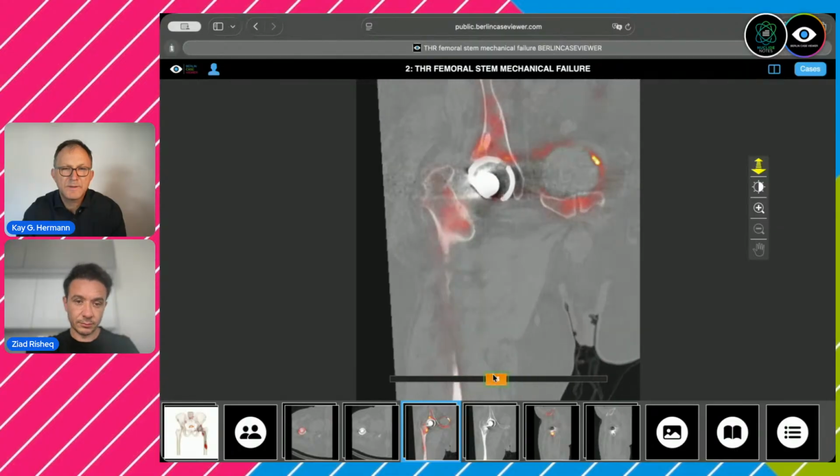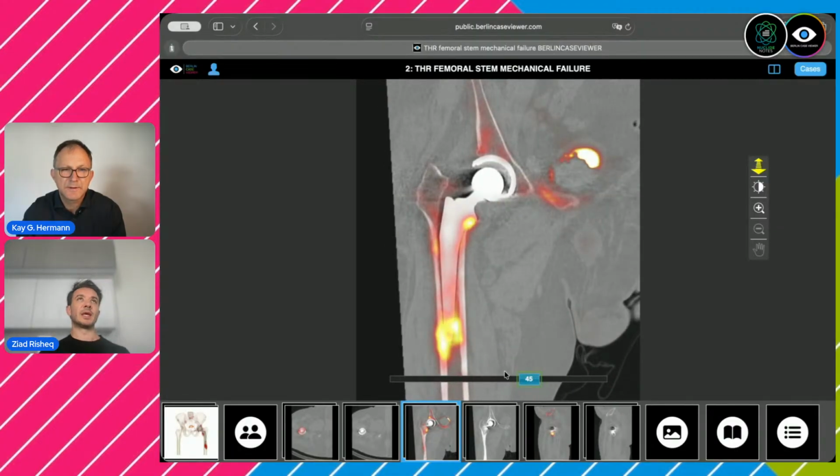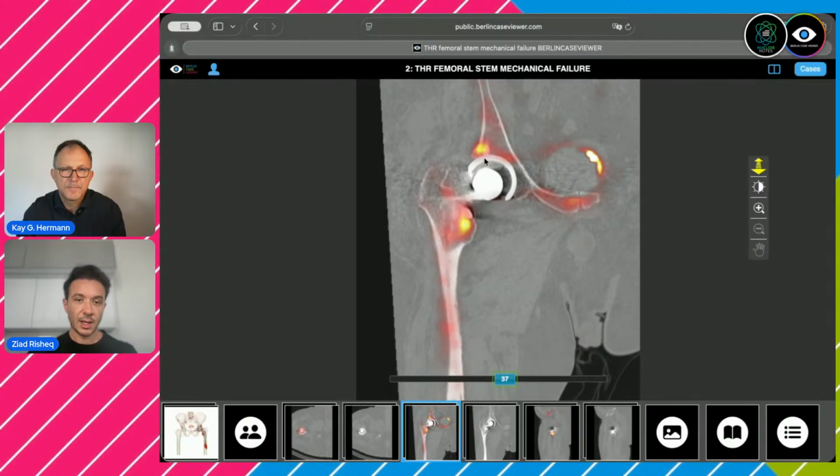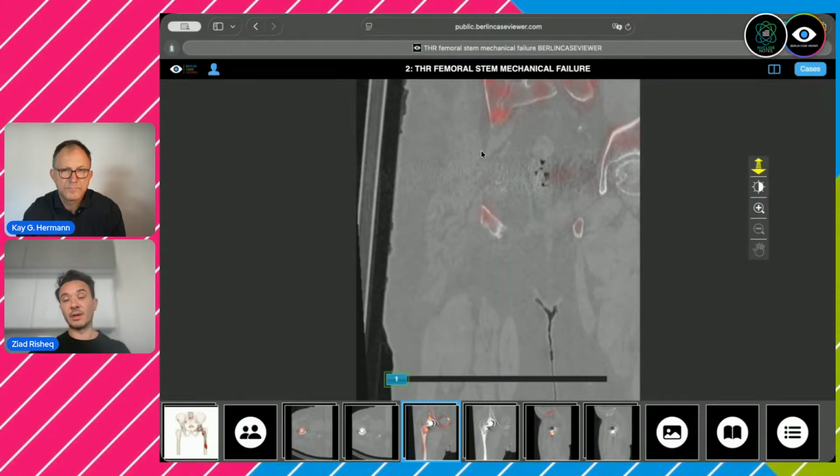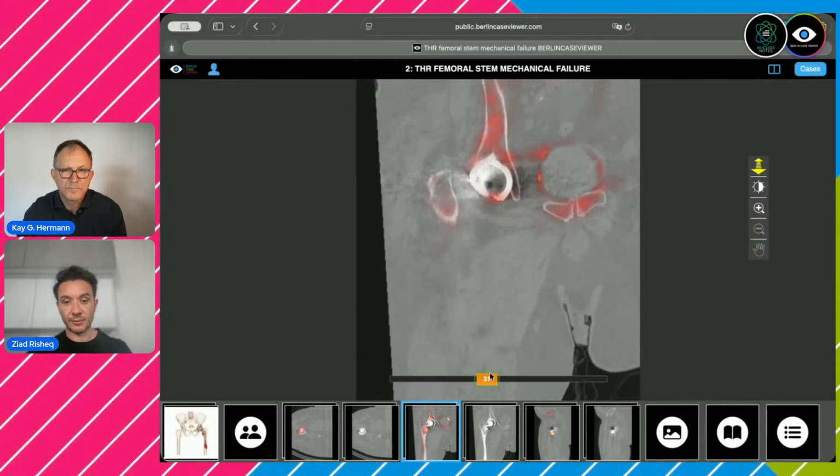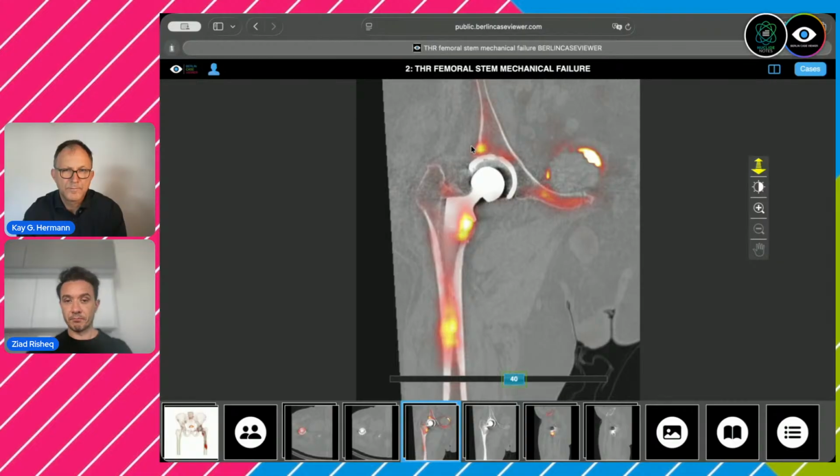Would you expect different SPECT patterns in these two types? Yeah, exactly. So in fibrous fixation, you don't see uptake. You can have fibrous fixation around, let's say this is the acetabular component, and this was loose. Chronically, over a long period of time, you can have some kind of fibrous fixation, and this is not going to show uptake, but you can see a very large lucent area around the acetabular component at the bone interface. So even if it's not showing uptake, you have to say that this is chronically loose, and there was some kind of fibrous fixation around